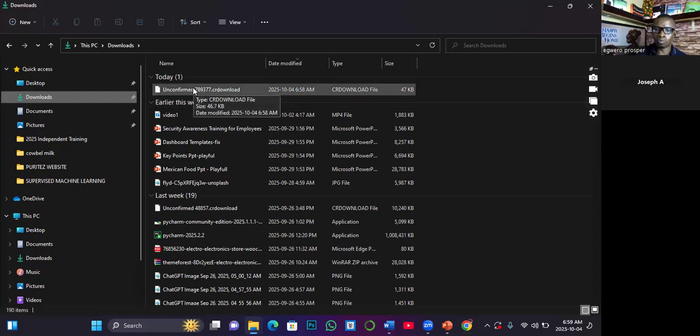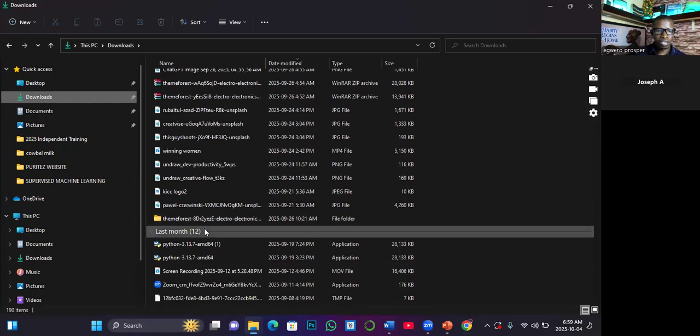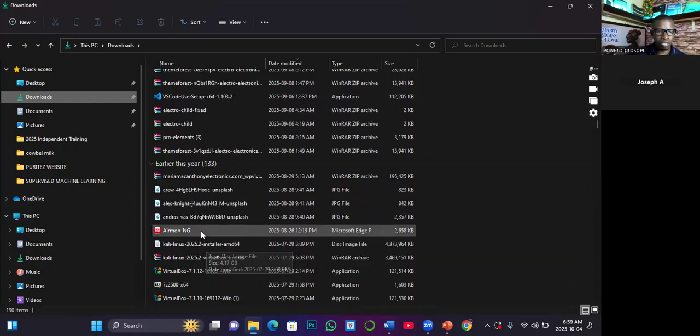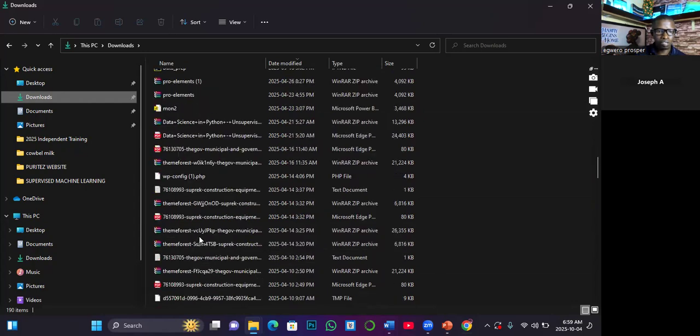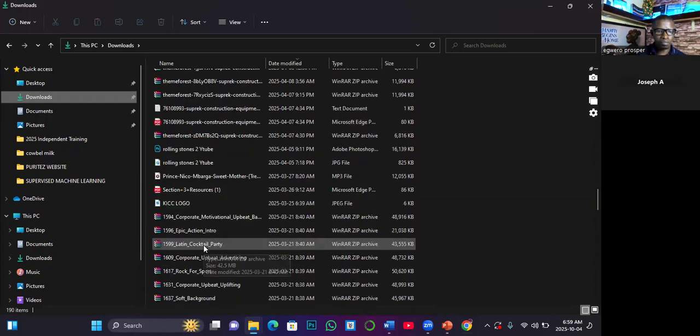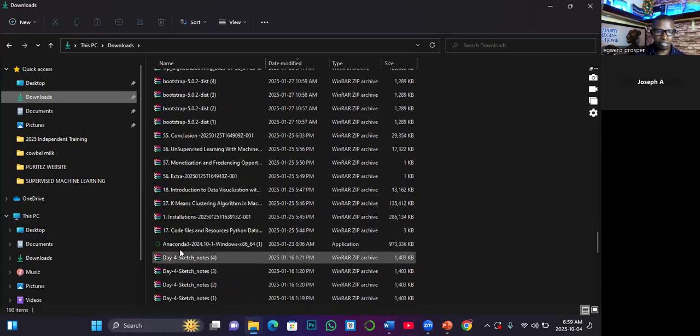Once you allow the process to complete, you are going to see this type of icon, and then it will show the software. Let me see if I still have any copy that was installed in the past, so I can show you how it looks. Thank God, I have it.